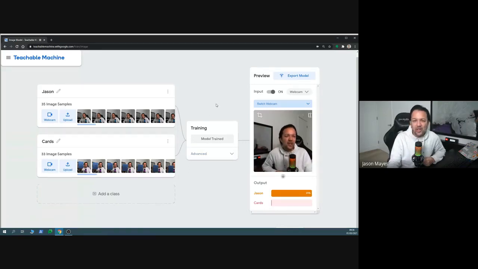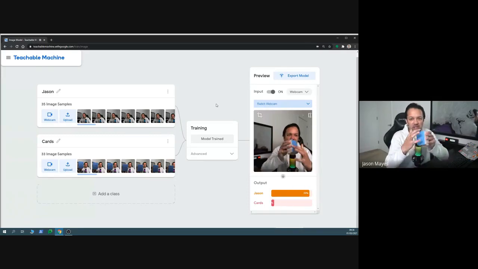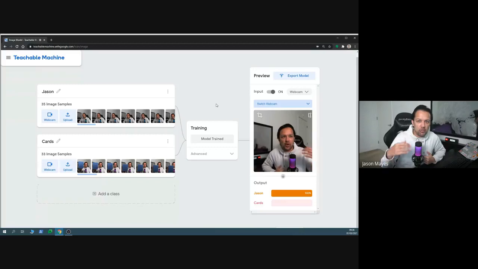Now, of course, if I showed it a different rectangular object, maybe my mobile phone, it might recognize that as a deck of cards as well, because maybe it recognized that this rectangular shape is all it needs to think about. So of course, to be more robust, you need more training data, and you want to spend more time gathering more examples of the objects you're trying to recognize to make sure it has the best chance of classifying them correctly in the future. But for a simple prototype, you can see how fast this is.